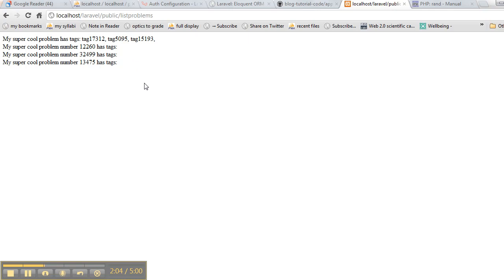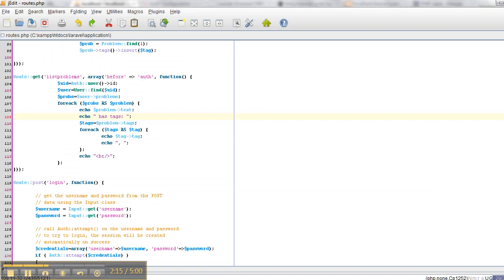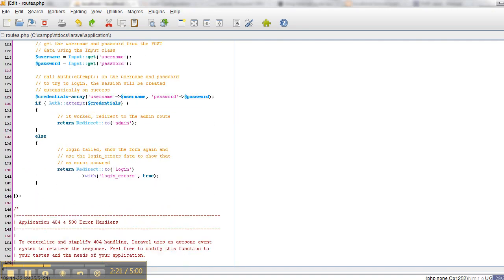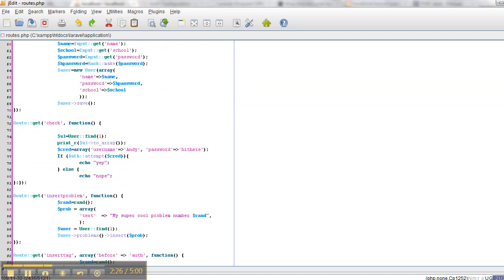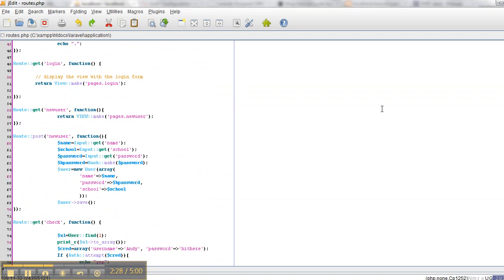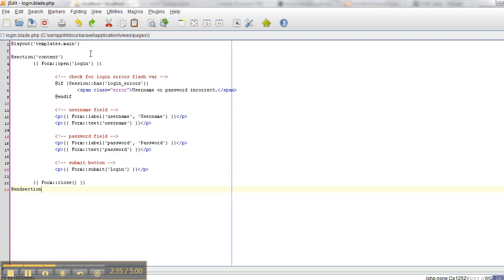So I didn't go through how I did the authentication. I did do the authentication piece as well, but I did that a couple of days ago. Maybe just really quickly I can show you what I did. So on the authentication side, I have a login page. Where's my get login? Shoot. Yeah, get login goes to pages login. So if I pull that up, that's this blade page, and I simply just say,